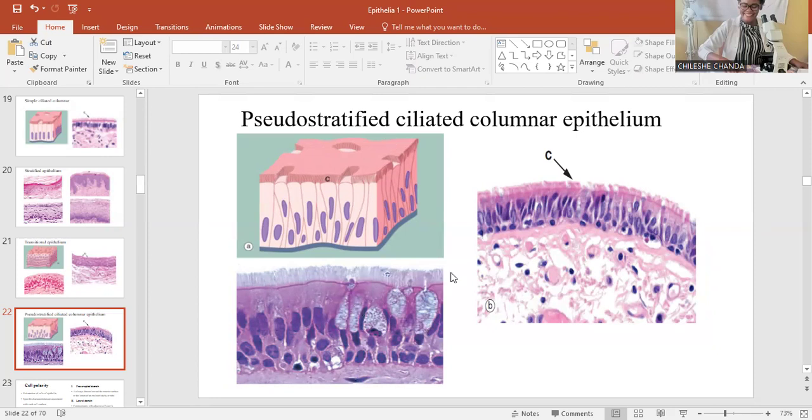the mucus from the respiratory tract, and it will come to your throat, and you're going to clear your throat, and then you're going to spit it out, or you're going to swallow. Okay, so those are some of these